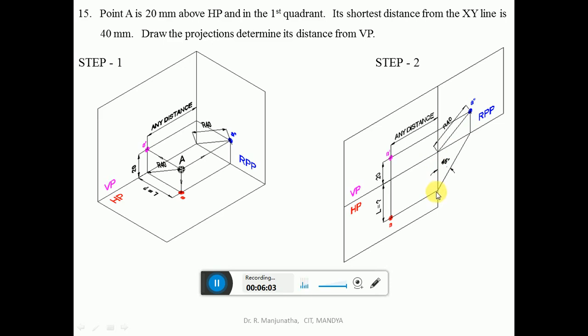Then you project it back to where you have the A dash. On that, draw a vertical projector down, so that these two lines will intersect in HP at this point. So you mark that point, which will be equal to A, and then find out how much the distance in front of VP is, which will be L equal to question mark. So this is how we will be able to solve the problem in 3 dimensions and also when the plane has been rotated. Now we are going to try to solve the problem in a sketchbook, how it can be solved by using a manual drawing.